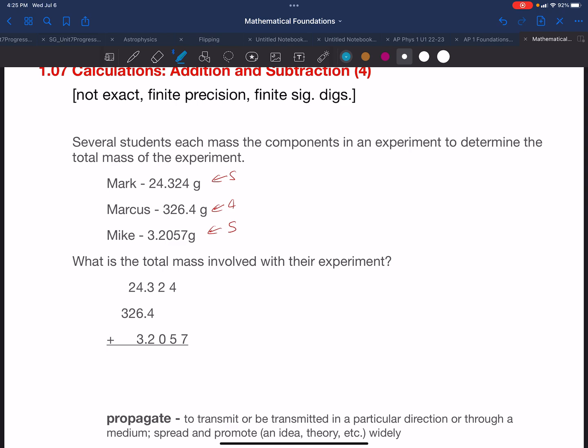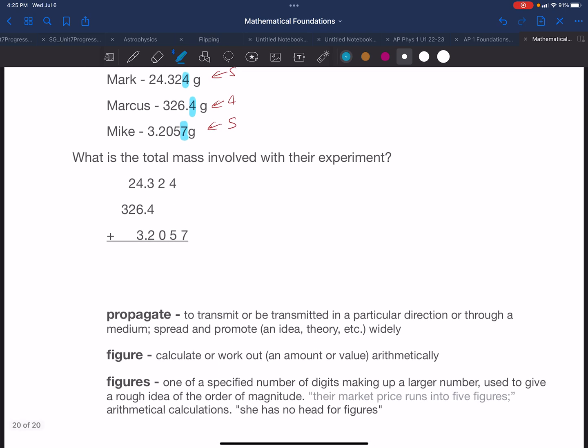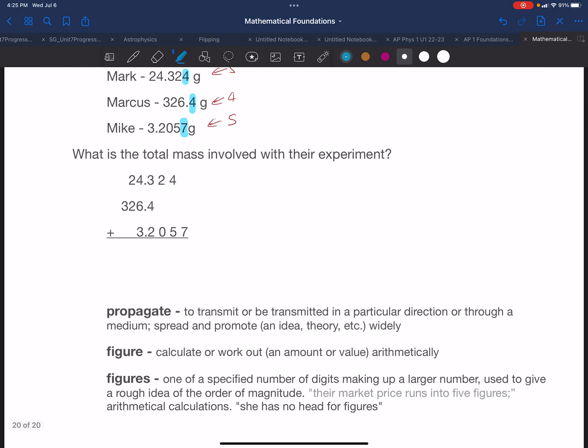Since these are measurements, the rightmost digit is always uncertain. So this is uncertain, that is uncertain, and that is uncertain. That's where the uncertainty lies. So when we want to find the total mass, we line up these numbers to do addition. This one is uncertain, this one's uncertain, and this one's uncertain. Now when we go through to do the math,